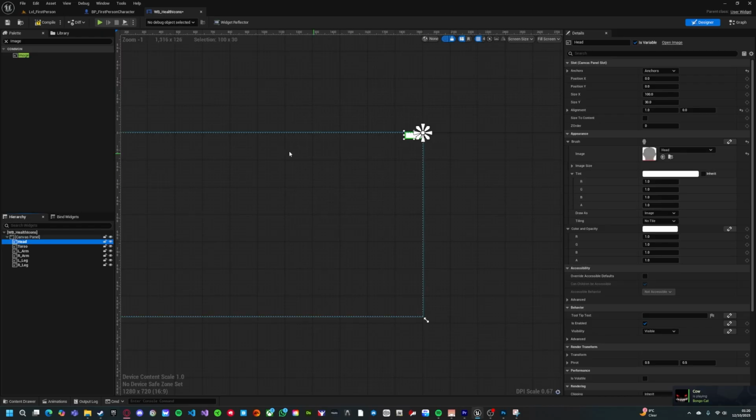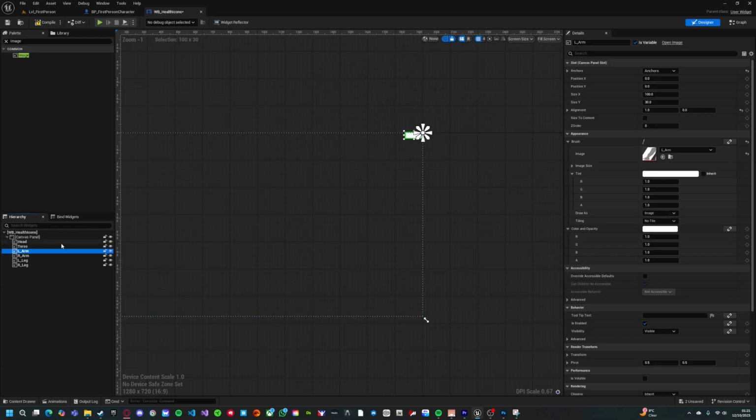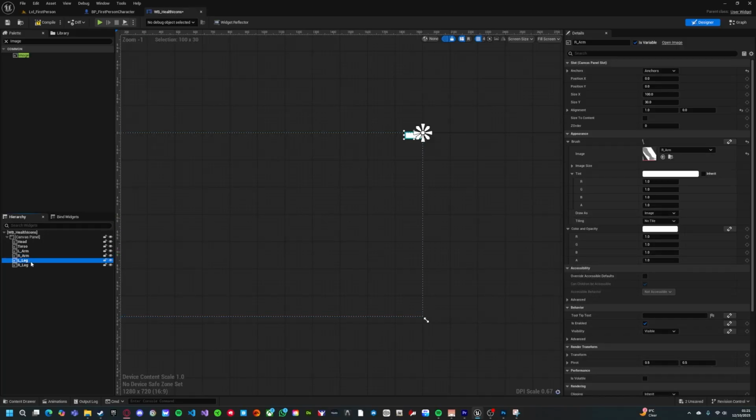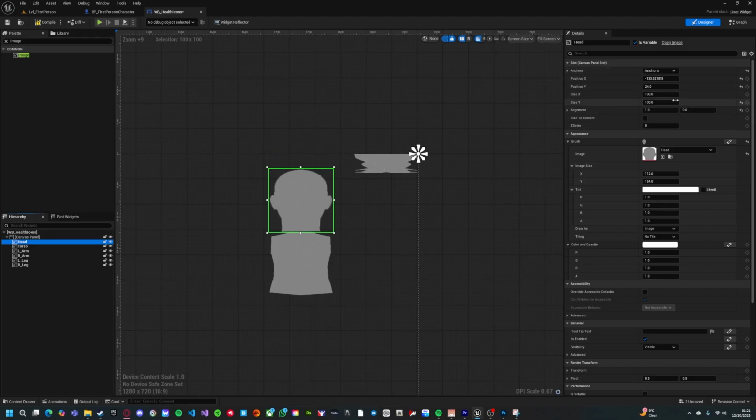So head will be head, torso will be torso, left arm will be obviously left arm, and so on. So right arm, right arm, and left leg, and right leg. So we now need to actually set up these sizes, just redoing this bit because I realised that they aren't all the same, which absolutely sucks,